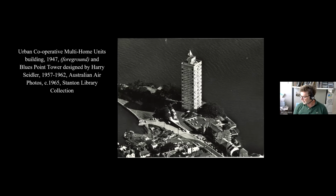And Blues Point Tower is 272 feet, so it's getting near the top of the maximum height. Yeah, now some of that, well, most of that is because of the rising of the ceiling limit in Sydney. This is a brick building, so brick load-bearing walls, as is Aaron Bollott's building here, but there's steel frames used,